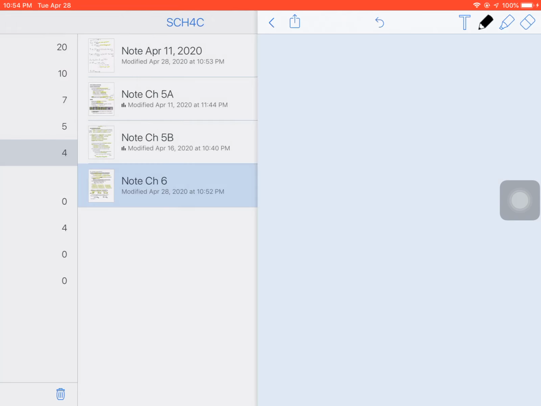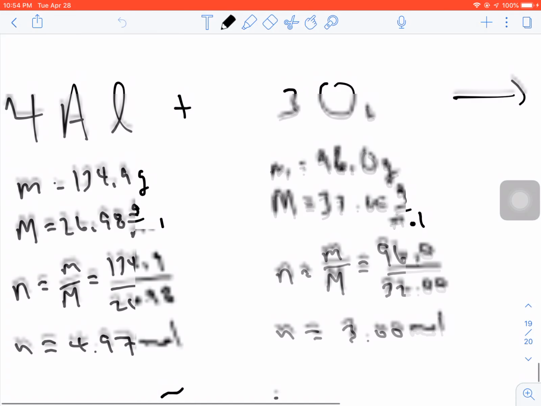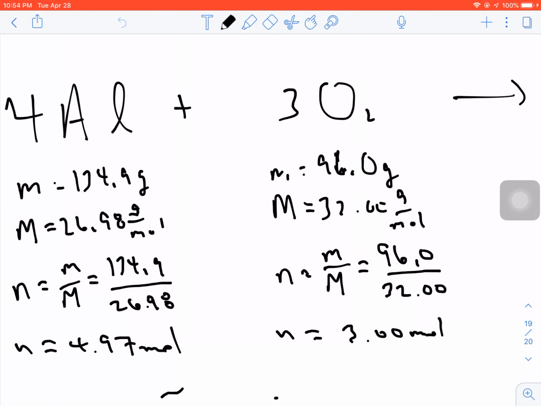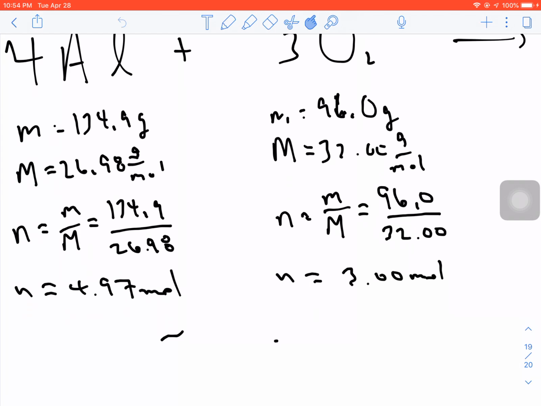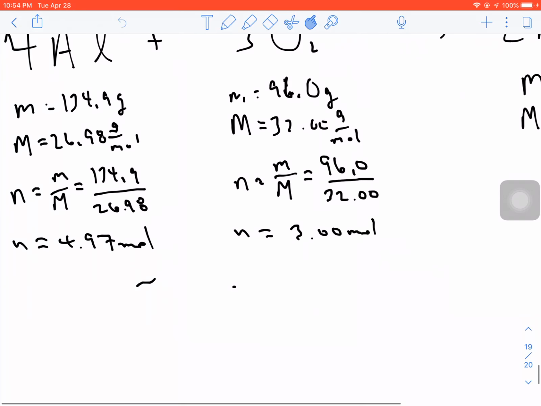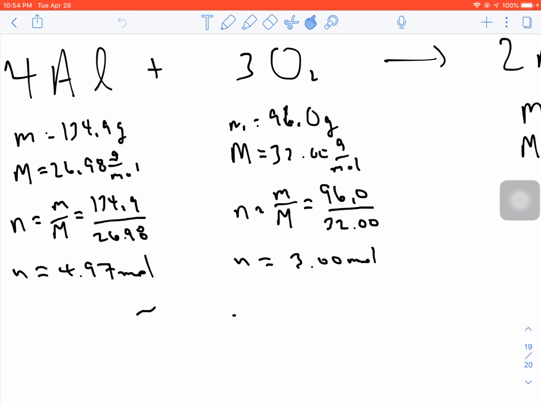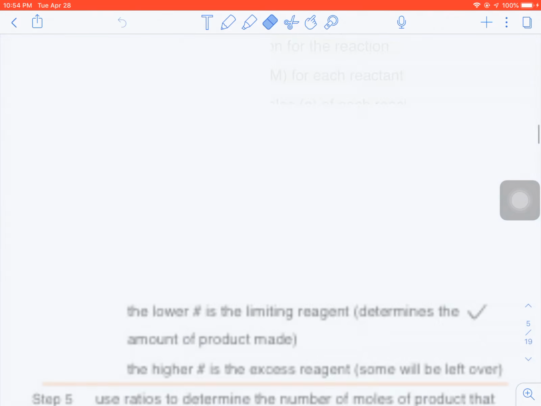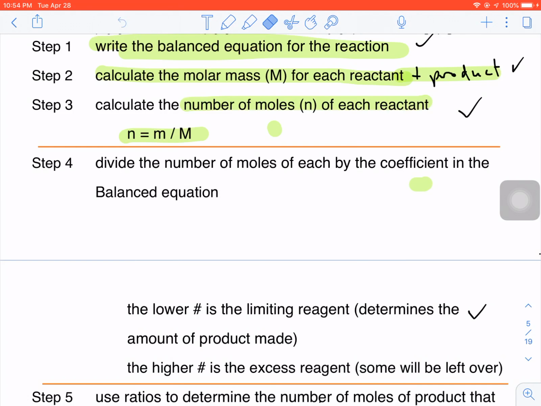Okay, so let's see here. Let's scroll this up a little bit. I'm going to make it a bit smaller. Before I do this step, you might have seen in my steps that I had a line drawn across between step 3 and step 4, and between step 4 and step 5. So step 4 is kind of blocked from the question by a solid line. So I'm going to go back to my question here,